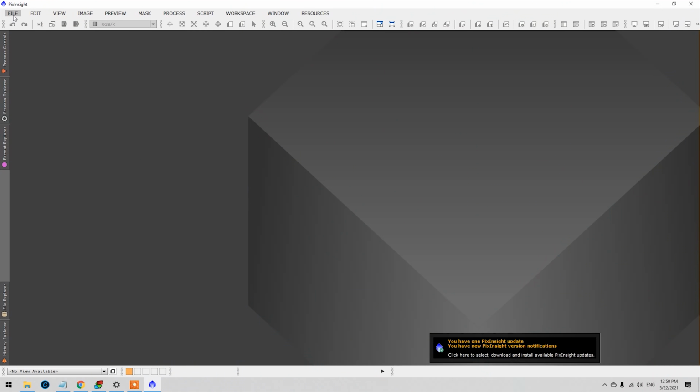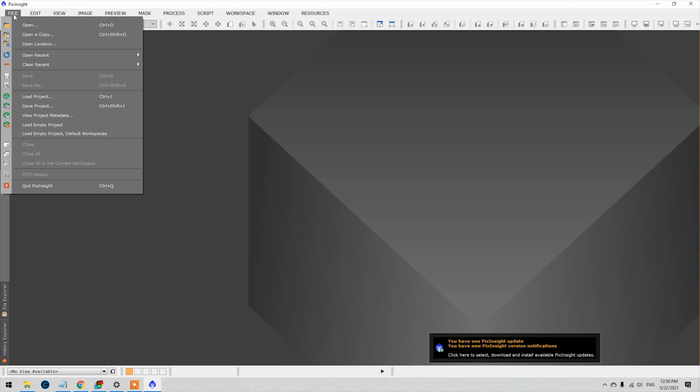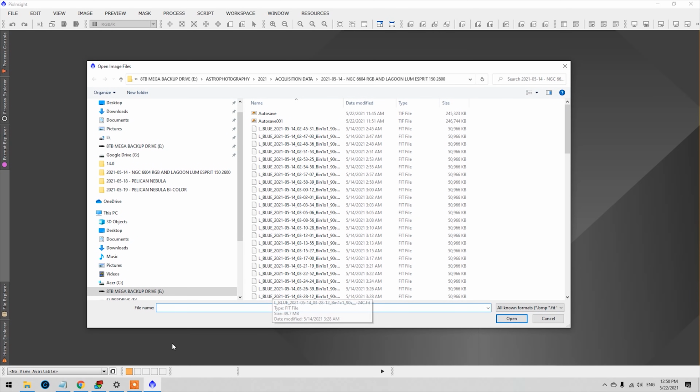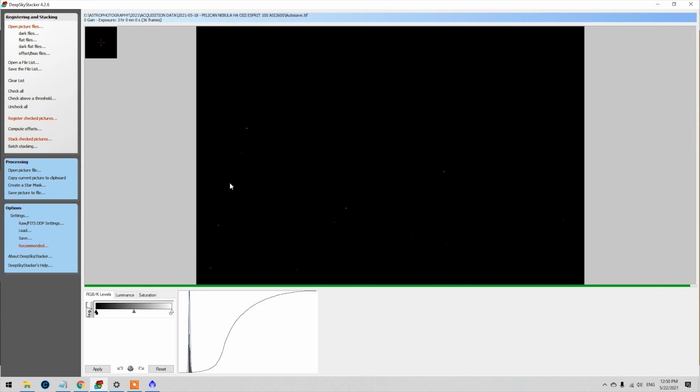But I will show you the new techniques I've been using, largely thanks to my friend Jeff Horn, who showed me a lot of great tips. We sat down for an afternoon and really explored PixInsight. So the first thing I'm gonna do here is just pull up this stacked image that I just did. So it is called autosave.tiff, and it's in this folder, 518 Pelican Nebula,